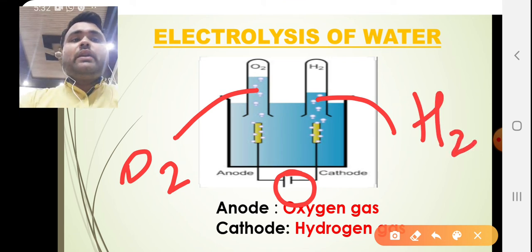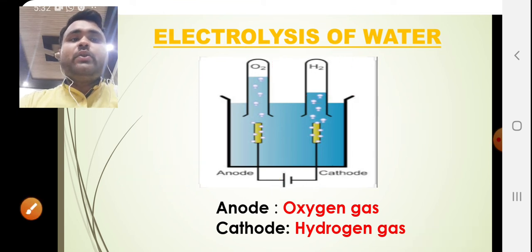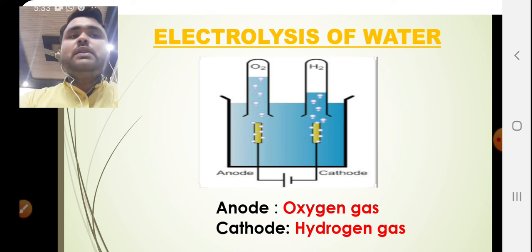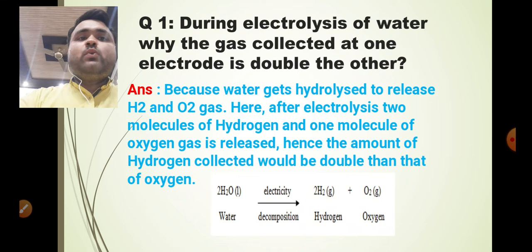A major characteristic of this reaction is that when the decomposition is carried out, you can see the amount of hydrogen gas is more and the amount of oxygen gas is less. During electrolysis of water, the amount of hydrogen gas collected is more and the amount of oxygen gas collected is less. So a very important question is, during electrolysis of water, why is the gas collected at one electrode double the other? So the answer lies here that when